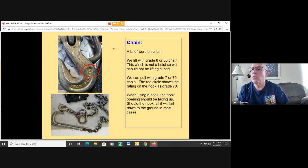All right. So this winch is not a hoist. So we will not be lifting anything with the winch. It's only for pulling on basically a level plane. So in rescue work, we deal with paratechs, we deal with anything like that where we're lifting or supporting a load, we want to use grade 8 or 80 chain, right? So if we're doing a pull on a level surface, we can use a grade 7 or 70 chain,